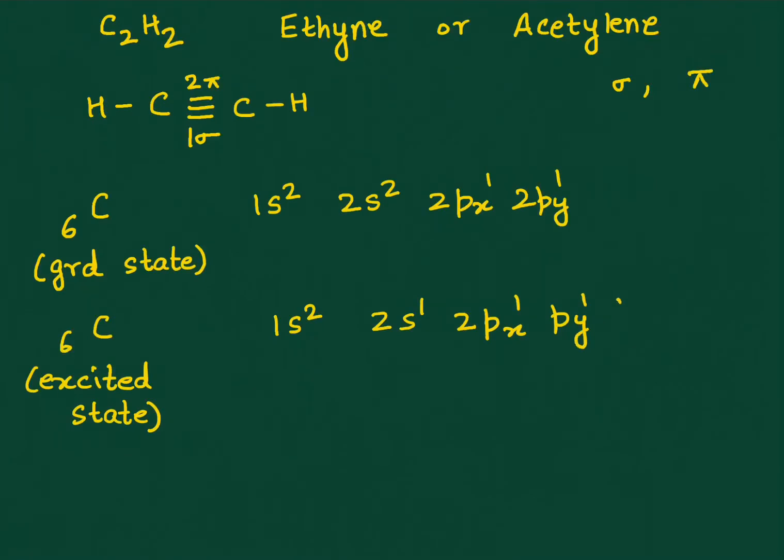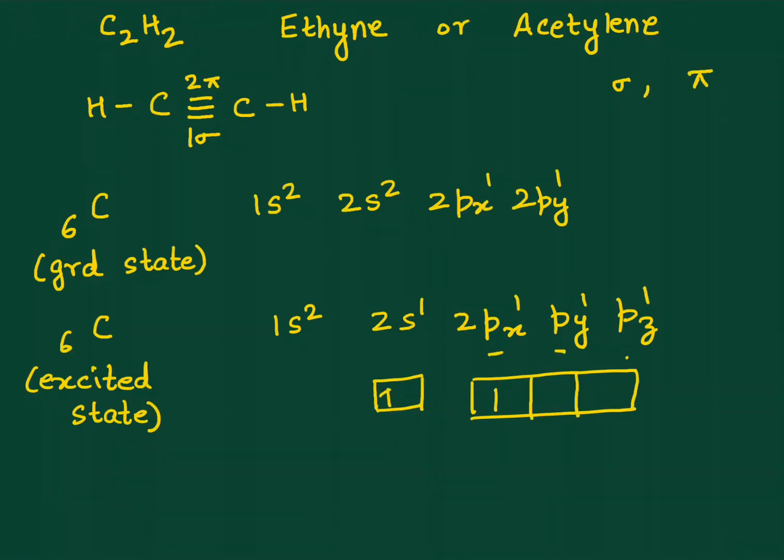Again, we are applying Hund's rule, which says orbitals are first singly filled up, one electron will enter into each of the p orbitals, and then only pairing will begin. I have been repeating this in the previous 2 videos as well. Right. So we've got this state. Now if I were to form a pi bond here, the nature of the bonds would be different. Again, the same logic.